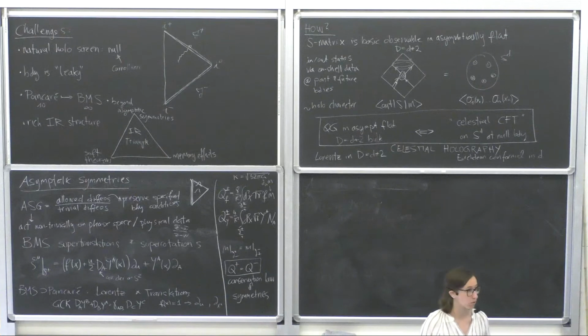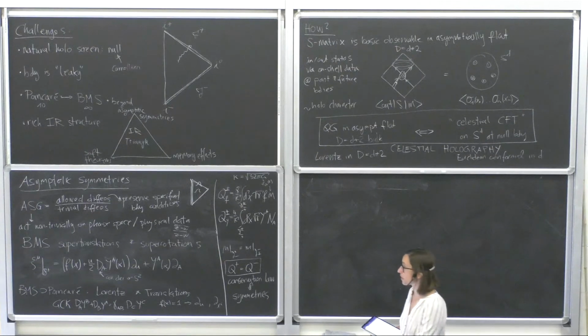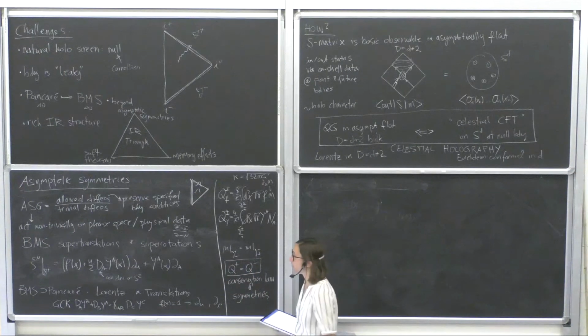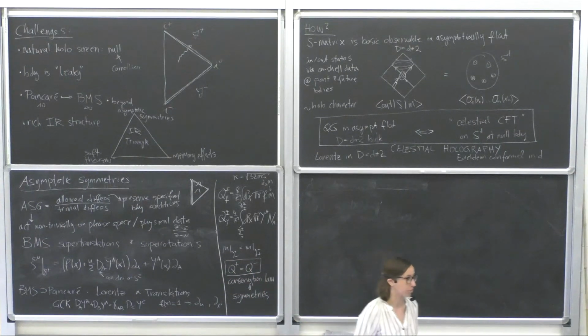And I will discuss how to construct boundary operators from them. If there's time, though probably not, I would discuss the analytic structure of these correlators. And then finally, as the last part of this second major part, I will discuss how to extract the operator product expansion from the celestial correlators. And in the next part, mainly tomorrow, we'll discuss what I would call celestial symmetries, which starting from Poincare will enhance to BMS, what we have done here already. But tomorrow we will cover how BMS arises purely from the boundary point of view.